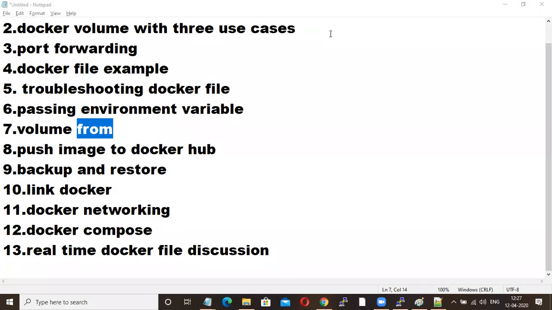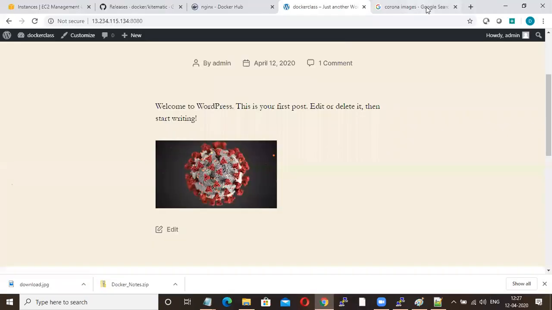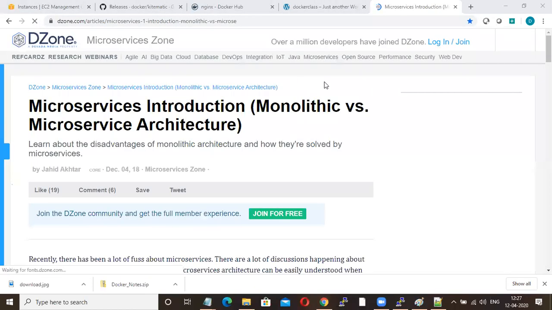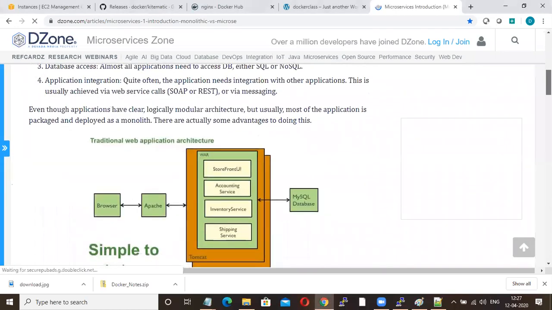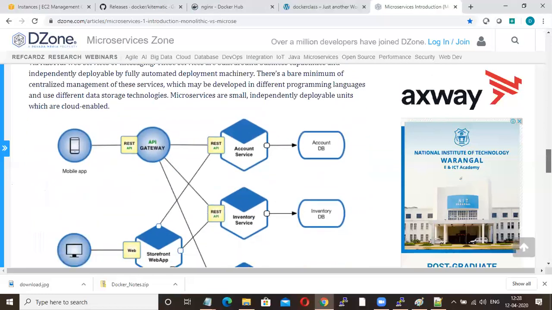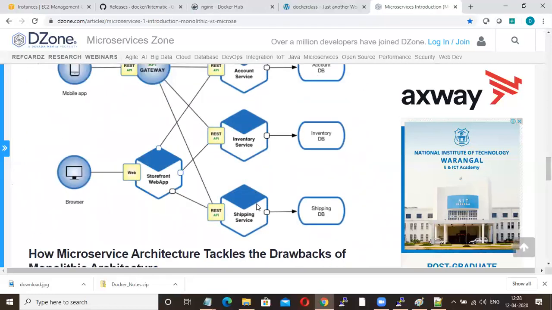Again, Bharatwaj has shared one URL, right? This URL will be very good. Just go through this. As I said, in a single file everything will be there, so if something goes wrong, your total application will be down. Whereas in microservices, you are splitting into different small services, so if this service is down, the other two services will work fine.